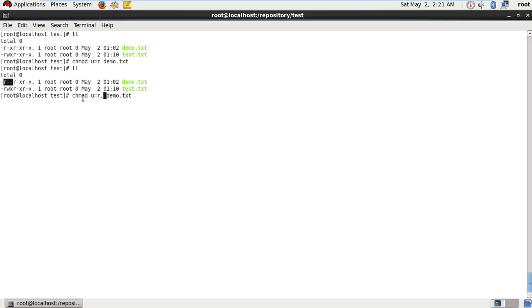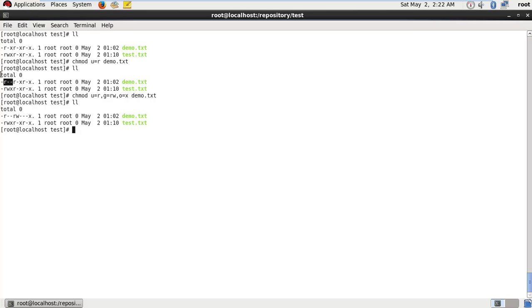If we want to replace group with read and write permission, and other with only execute permission, it should be chmod u equal r for read permission to the user, g equal rw for the group read and write permission, and o equal x for the other execute permission.